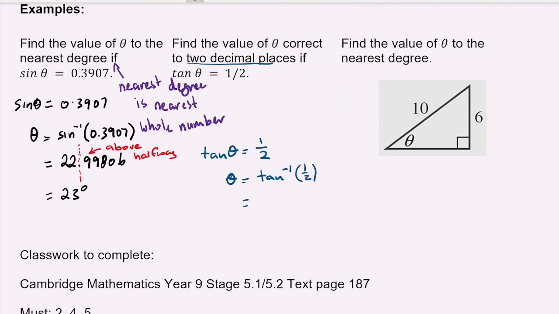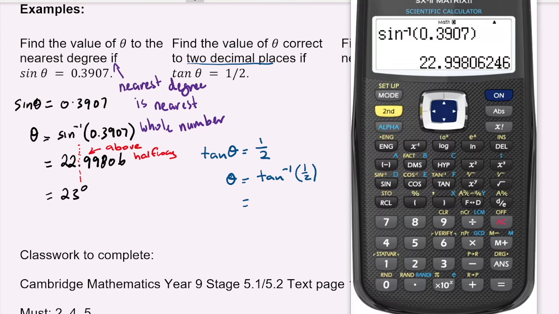Okay, and then we use our calculator once again. Alright, so again, second tan, so we get that minus 1 up there. Close off our brackets, and we get